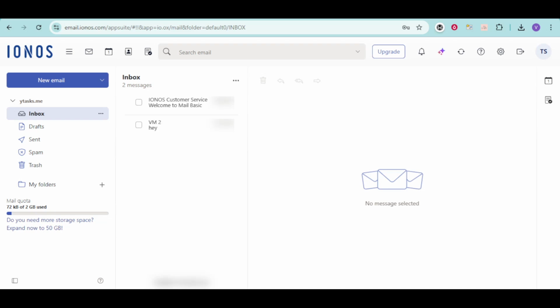In this video, you'll learn how to export emails from Ionos using the webmail interface at mail.ionos.com. We'll go through it slowly and clearly so that by the end, you'll know exactly how to save a copy of your messages to your computer. This is useful if you want a backup, if you're changing providers, or if you just like having an archive